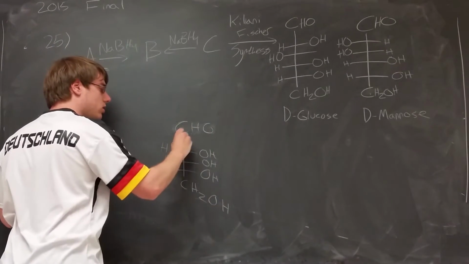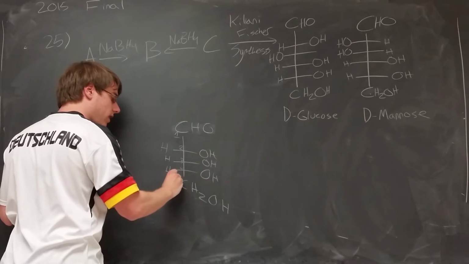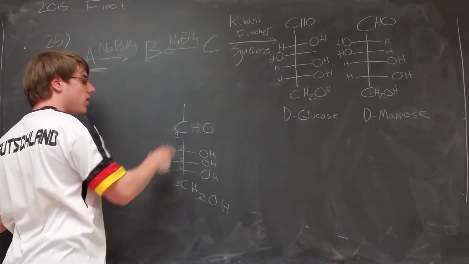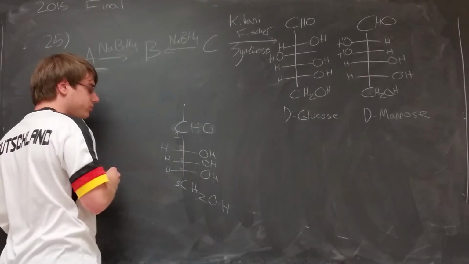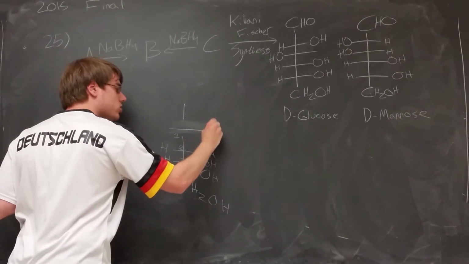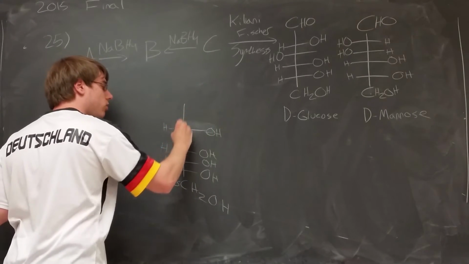Let's say this is 1, 2, 3, 4, 5. It basically sticks a whole other carbon onto carbon 1, and that carbon 1 now becomes one of these, the ones where there's one OH and one hydrogen. But the rule about this is